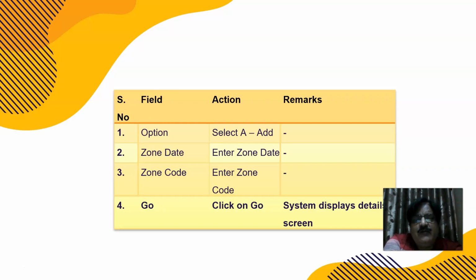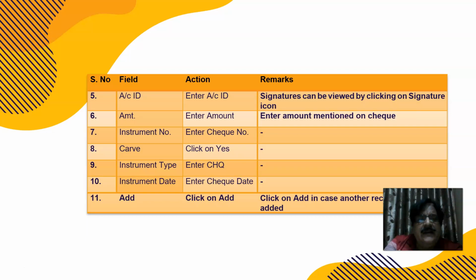So in this HICTMO, we have to choose the function option as A. First we will be adding, and that will be verified. Zone date, control X. Zone code, automatically you can choose from the searcher. If you know it, you can type it also and click on go. Next is a screen that appears on your laptop or computer. Add zone date, zone code, sole ID, right? That will be your branch or your back office, whatever it is. Click on go here.